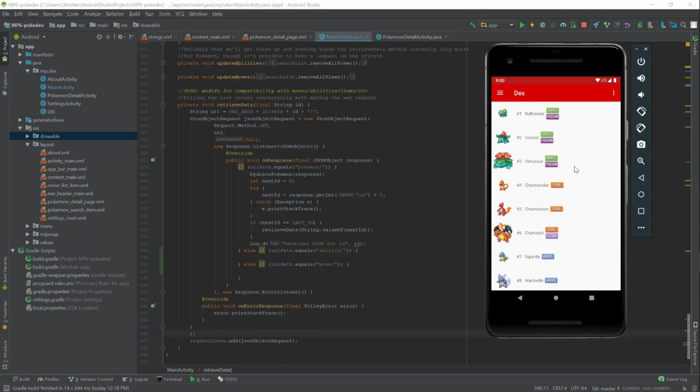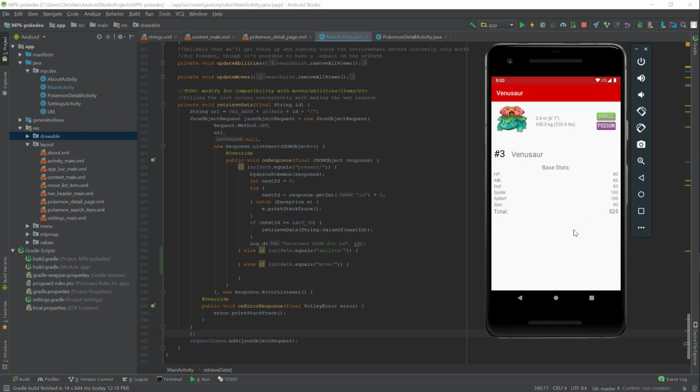The next thing I want to show you guys is, we obviously don't have just this list of Pokemon. So if you could click on one, we also have a stats page, so you can see that we pulled the information from Poke API, like the base stats, name, dex number, height and weight, and all that good stuff. And if you could go back to the main menu